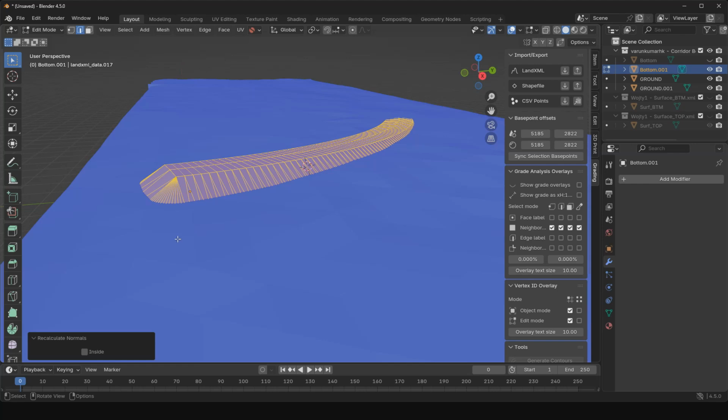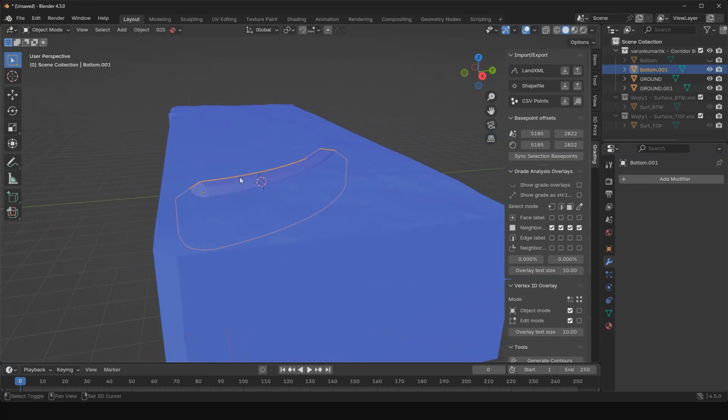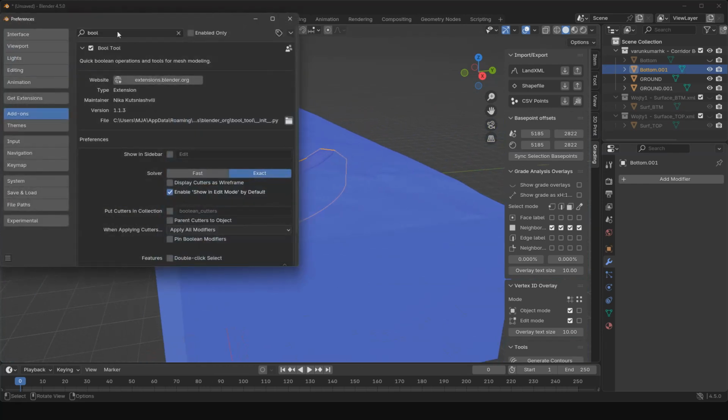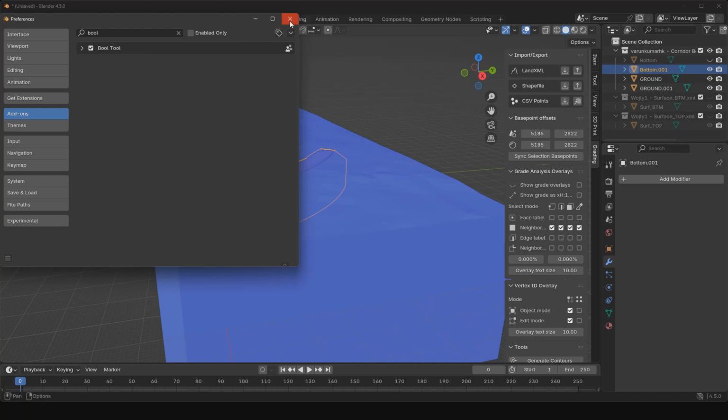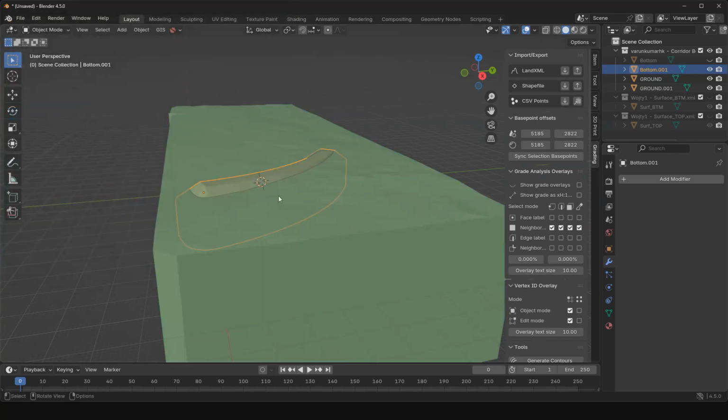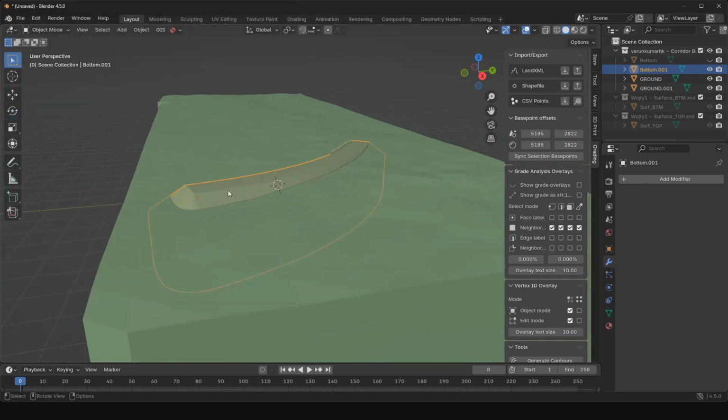I've been using this for a while, so I'm just using shortcuts, but I'm recalculating normals so that blue is on the outside, and using a tool for Blender called Bool Tool here to connect these two with a Boolean operator. So I select my quote unquote cutter. I mean, it's not a cutter, it's an additive Boolean operator right now. Select the target, which is the ground topo,